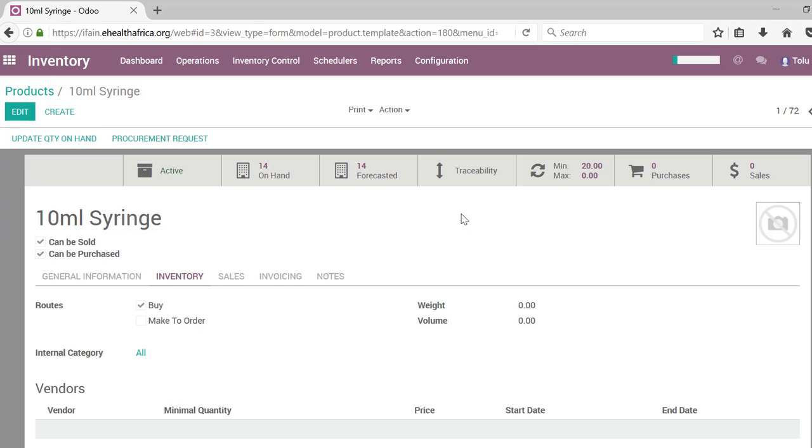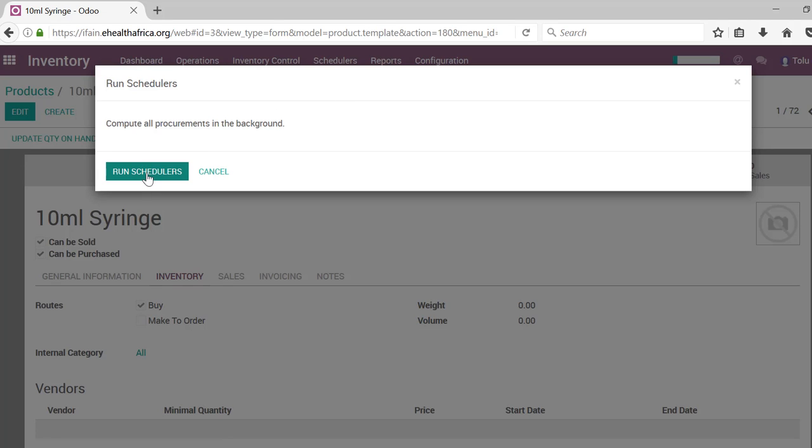So in order to trigger a procurement, I would come under schedulers and click on run schedulers, and I get a dialog box that asks me if I want to compute all procurement in the background. Essentially what this does is when you run a scheduler, the scheduler looks through all your products, looks at the quantity on hand, and looks at the minimum quantities that you have set for them. Now, if there are any products that are below their minimum quantities, Odoo automatically generates a request for quotation for